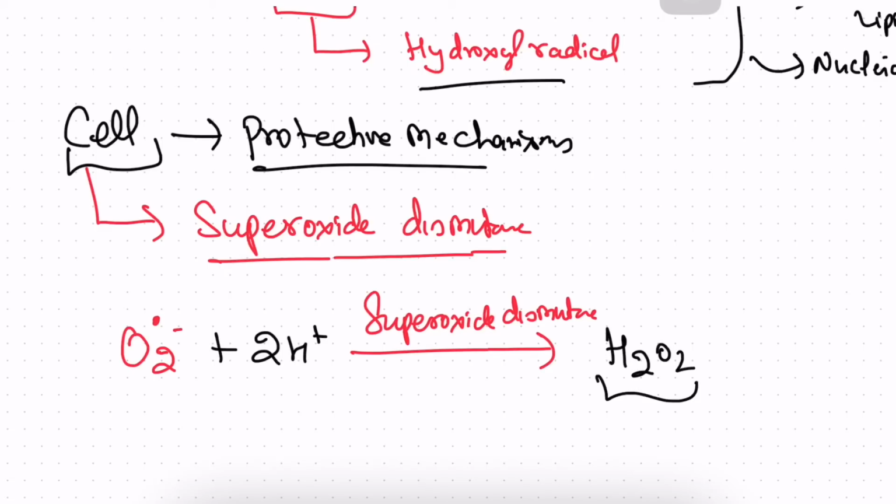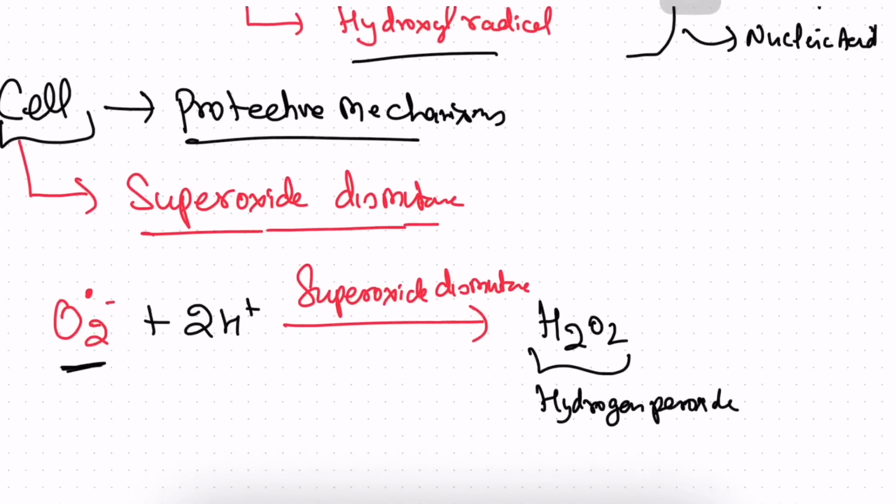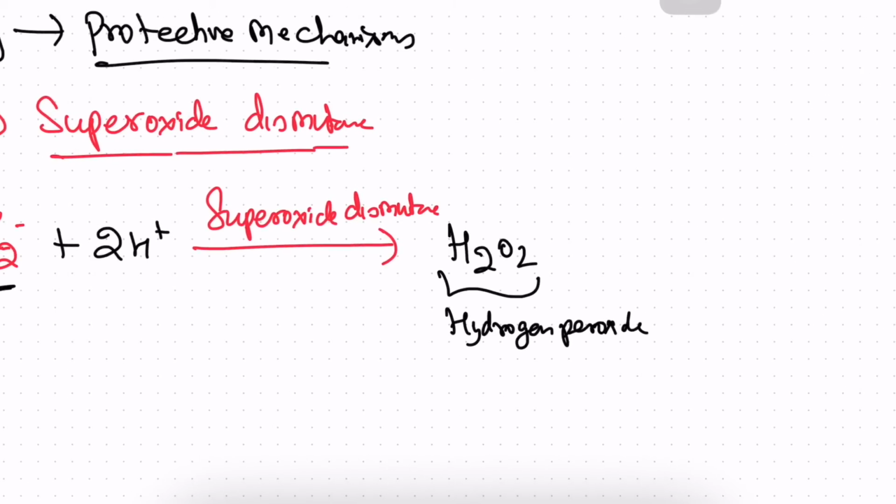H2O2 is hydrogen peroxide. Now here this radical can activate many other free radicals, but what you are going to see here is the formation of hydrogen peroxide. Hydrogen peroxide is also dangerous. Within the cell, hydrogen peroxide will be neutralized to water, and this reaction happens by the action of the enzyme glutathione